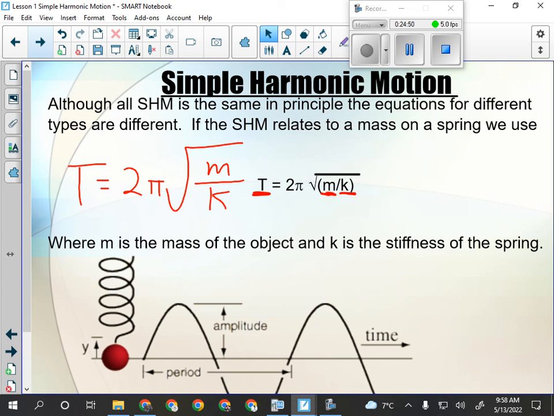Because what's making it go back and forth? Gravity. Do all things fall at the same rate? That's why mass actually doesn't make any difference. If I put this mass on this pendulum,